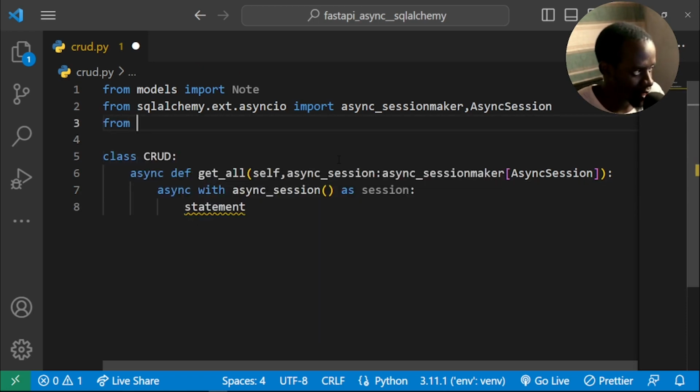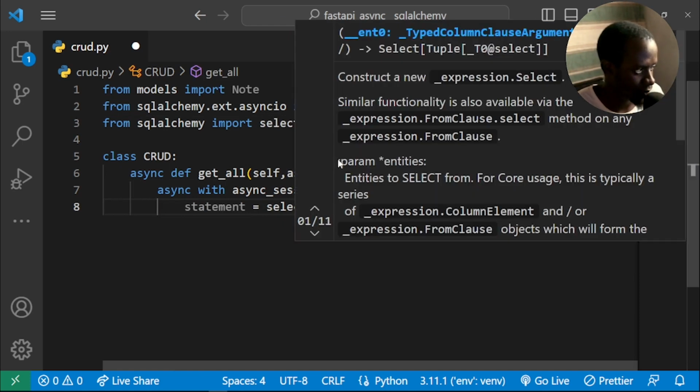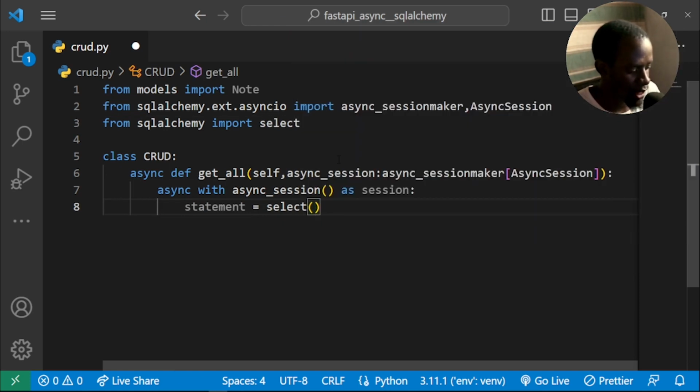I'll begin by accessing that SQLAlchemy function. So I'll say from SQLAlchemy, I'm going to go ahead and import what is called the select function. And once we have access to the select function, I'm going to come right here and add select. Here we shall show selects, and we are going to provide our note model in here